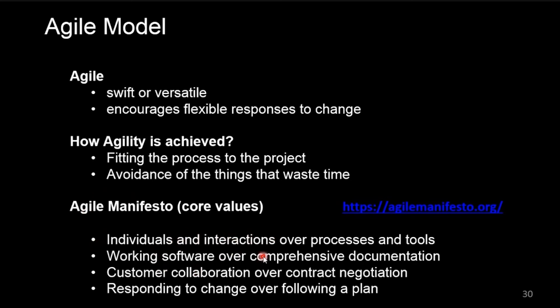Then, working software over comprehensive documentation. This means that in this agile model, the demo of working software is the main focus. It is considered the best means of communication with the customers to understand their requirements, instead of just depending on documentation. Here the agile model focuses on demo working software, and you will see in its life cycle that a demo is given.